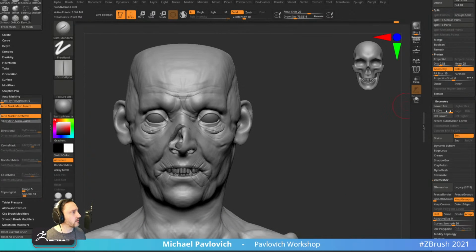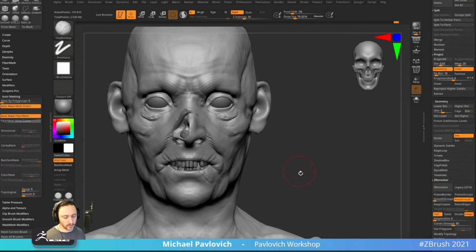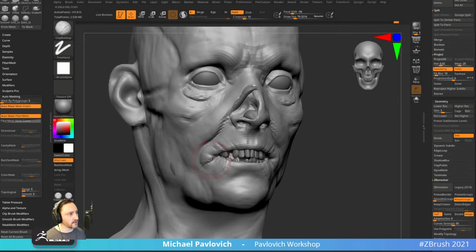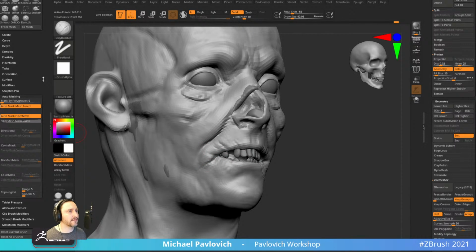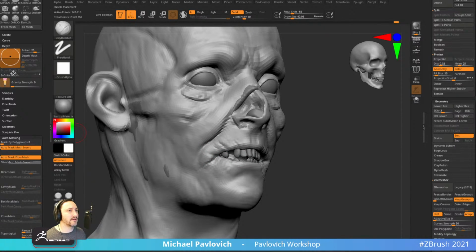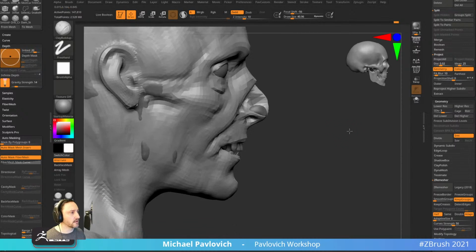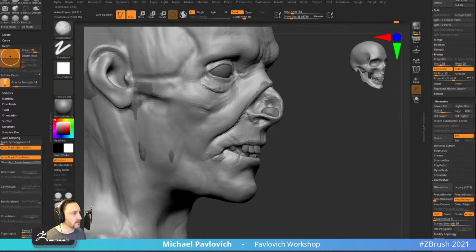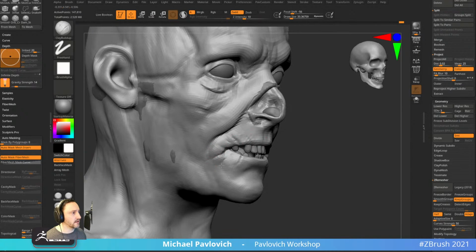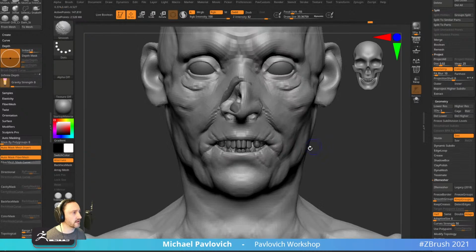And then we can drop back down, maybe set it to level 3, go back into our clay buildup. And this is where we were talking about getting this skin to sag. Let's go in here to our depth and turn on gravity strength too. Maybe just a little bit. So as we're using clay buildup, it'll start pulling the skin down. And then for maybe some secondary forms, we'll use,